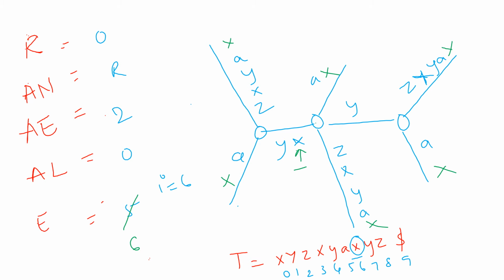Sorry, I had to increment the remainder by 1 also previously for me to start the next phase. So since it's a showstopper, I'll have to do nothing. I'll have to just update the active edge and active length. So active edge will change to 0, active length will change to 1. So since it is in the direction of the 0 index and first length, I have to update this one, and then I will have to step to the next phase. So for I is equal to 7,